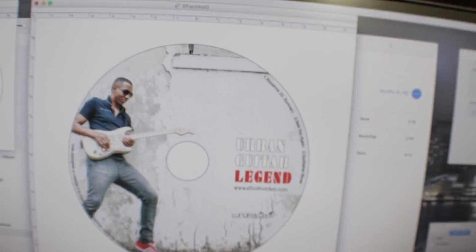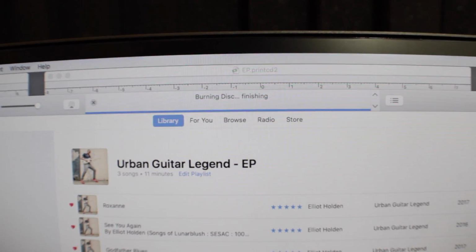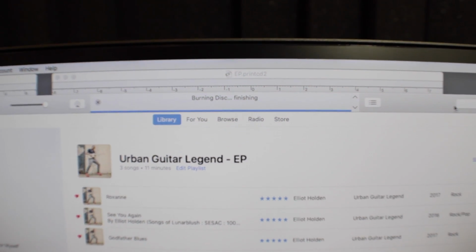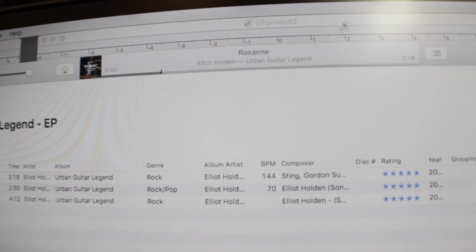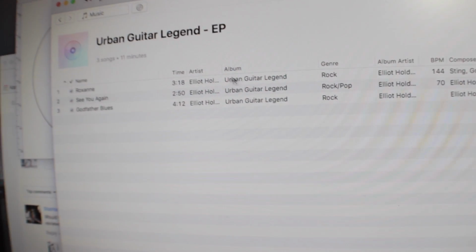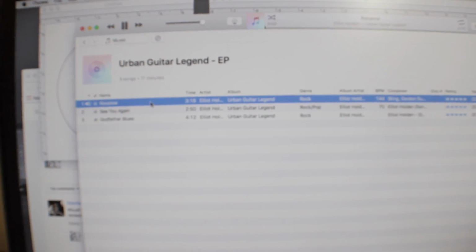So let's check back over and see what's still cooking in the oven. As you can see, in that amount of time, the disc is pretty much almost done. Alright, cool. So the disc is done. I could play it just to make sure that it recorded properly, which I'm sure it did. Sometimes it takes a while to...